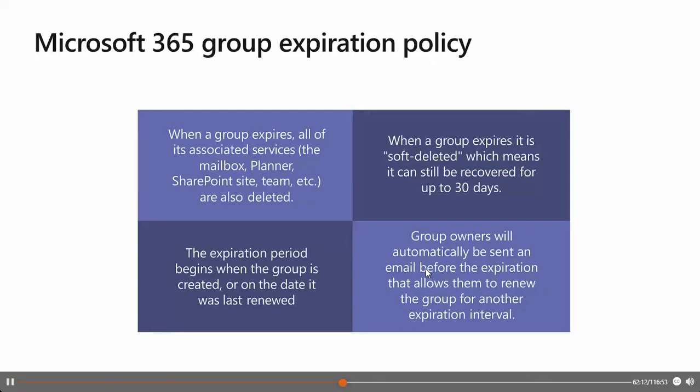If the administrator changes the expiration policy, the Office 365 expiration period will be recalculated for the group. So it's very important to know that when a group expires, all the group's associated content will be deleted, including Outlook, Planner and SharePoint. However, there is an option to recover the content for up to 30 days from the expiration date itself. So that's basically what you can really do here inside of this context.